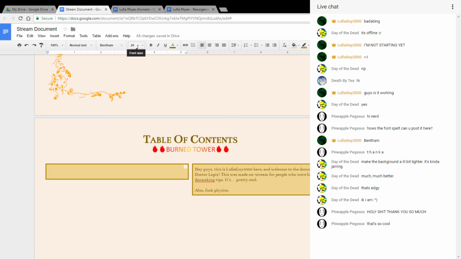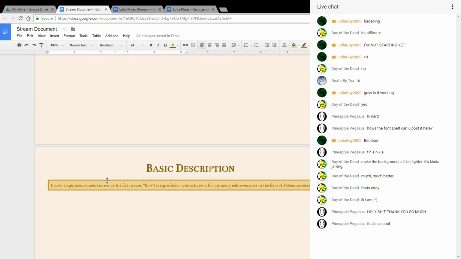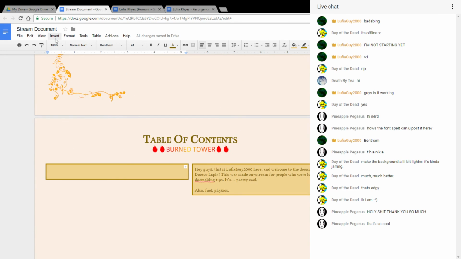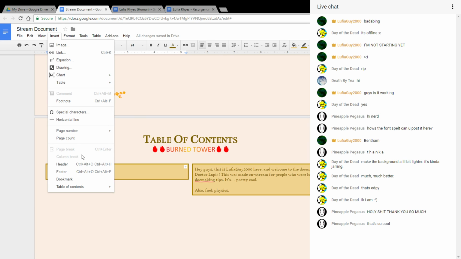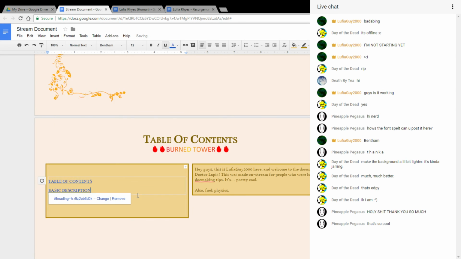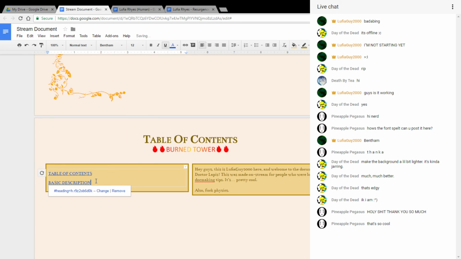There, fair enough. And then to actually get the table of contents to work, you insert table of contents. And then you want to make sure it has blue links. Even if blue doesn't fit your color scheme, you don't have to worry about it, because you can actually change the formatting of these. Like you can make them bold. They come by default underlined, but you can make them